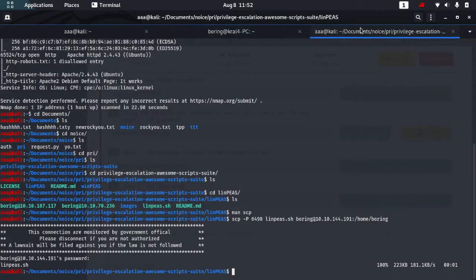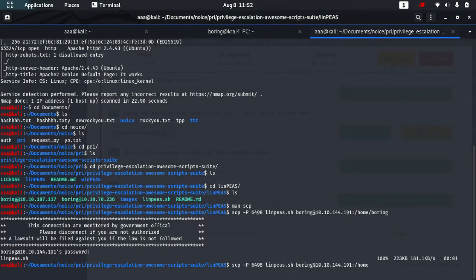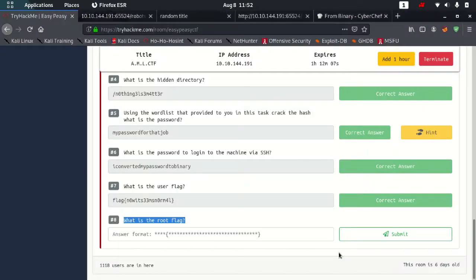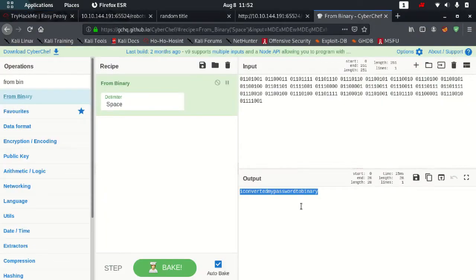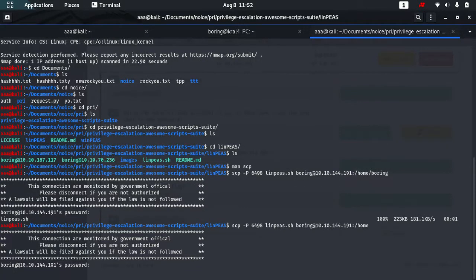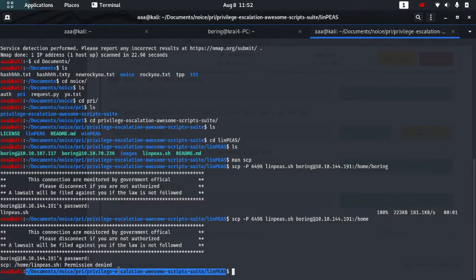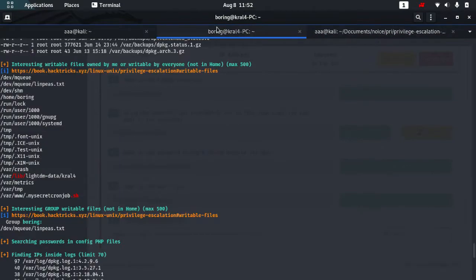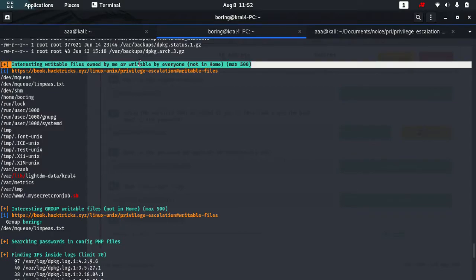When I did this scp and chose the directory as boring, if I had chosen home, and placed in the same correct password again, I still would not be able to, permission denied, since the home directory is not my place, it's not where I can write.